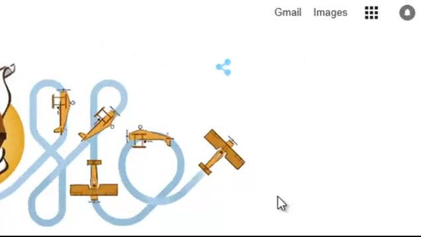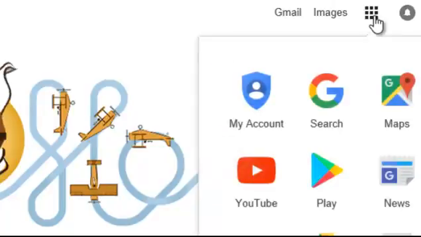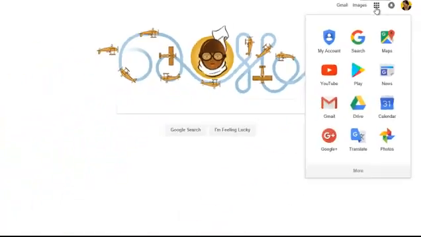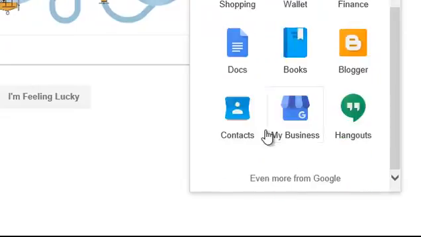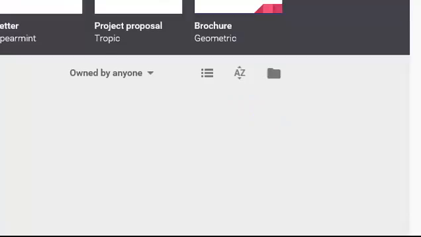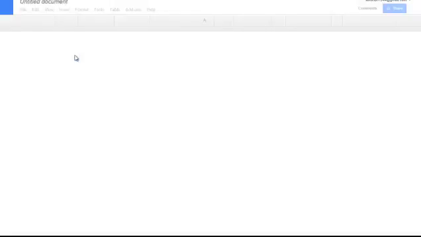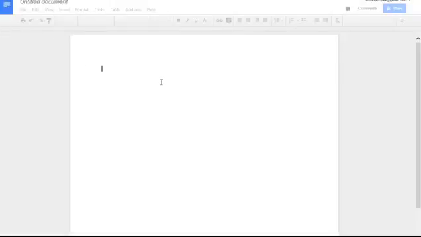Now that we're signed in, take a look at the upper right-hand corner of your screen. See the black and white grid pattern here? This is what we'll click on to see the first product, Google Docs. If you're like me and you don't see Docs immediately on this screen, click the More link seen here and find Docs. Click once. Let's start a blank template, just so we can examine some of the commands and options